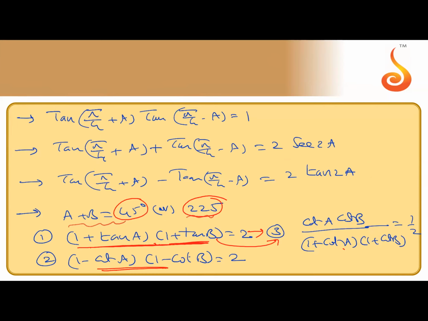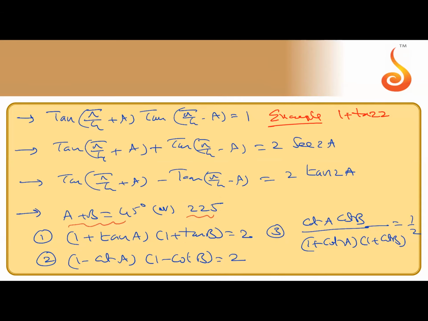So keep on reading. How to memorize: you can keep on remembering. Start working only now. Okay, I'll give an example based on this. (1 + tan 22) into (1 + tan 23). What is the answer for this one? (1 + tan 22) into (1 + tan 23). If such a question is given, you can just check it.